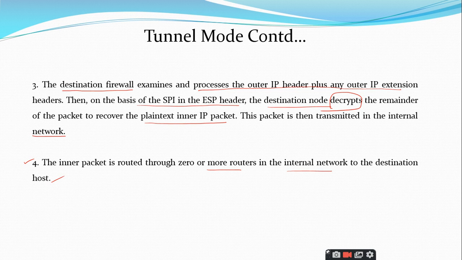And we have seen a lot of things related to this, right. So, the extra burden is not present in the transport mode for the destination host, but the extra burden is taken in the case of decryption. So, decryption will be performed by the gateways in the tunnel mode, therefore, the destination host systems are not that much burdened to perform the decryption process.